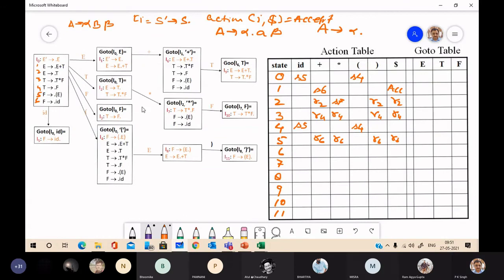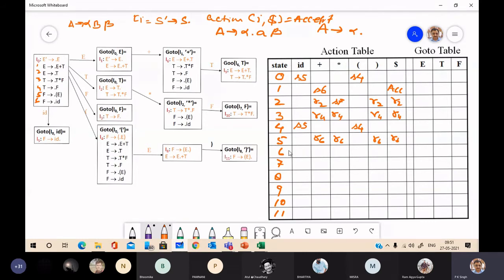Next item set I6. Again we look for the terminal symbol just after dot. Here we don't have a terminal symbol. Here we have a terminal symbol. Go to I6, opening bracket is I4 and go to I6, ID is I5.